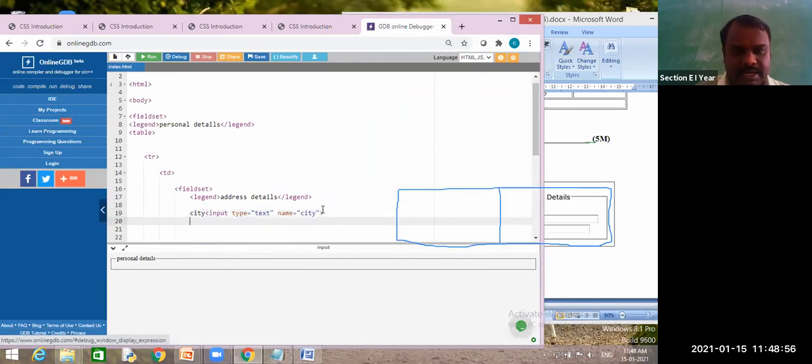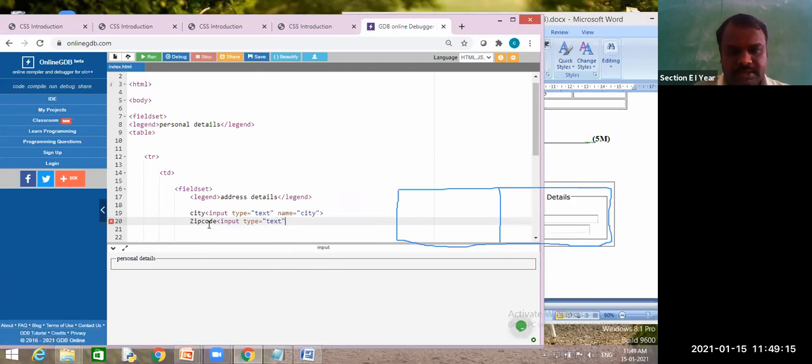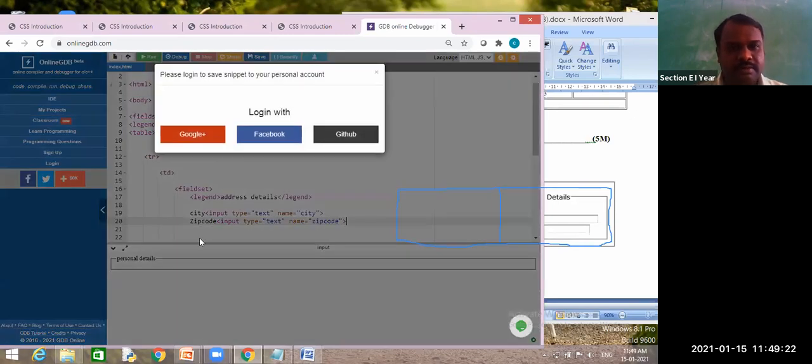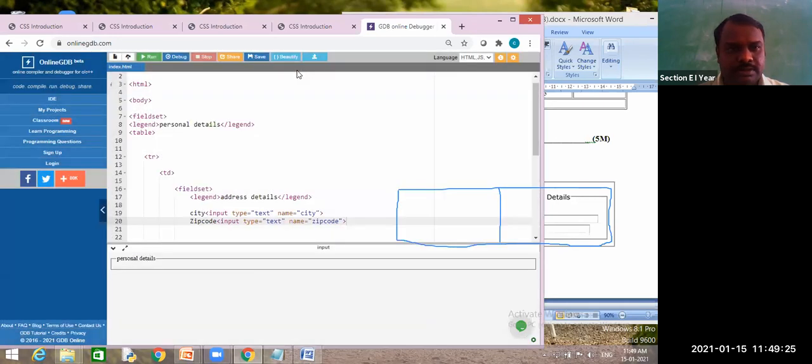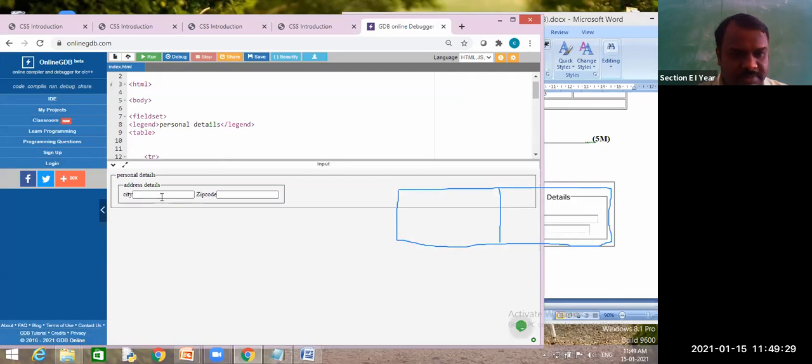And next one, zip code: input type equal to text and name equal to zipcode. Okay, run this one. Can you see this one? Yes, sir.